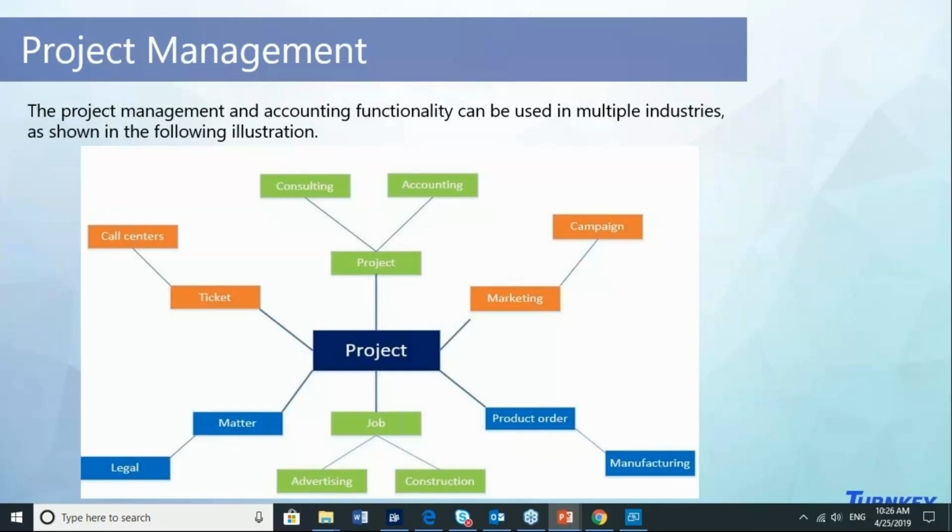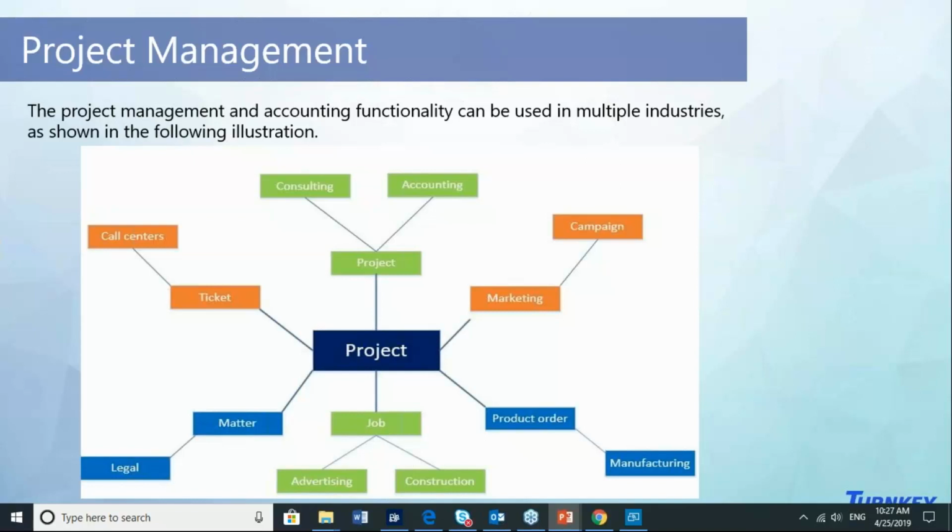We can have quotations, campaigns, construction companies, advertising companies, legal companies. We talk about work breakdown structure, so we can have tasks. We talk about budgeting, even by task. We talk about categories to know which kind of skills and which kind of employees can perform one activity. Okay, so it's huge. Project management and accounting is a huge monster that allows us to manage every project